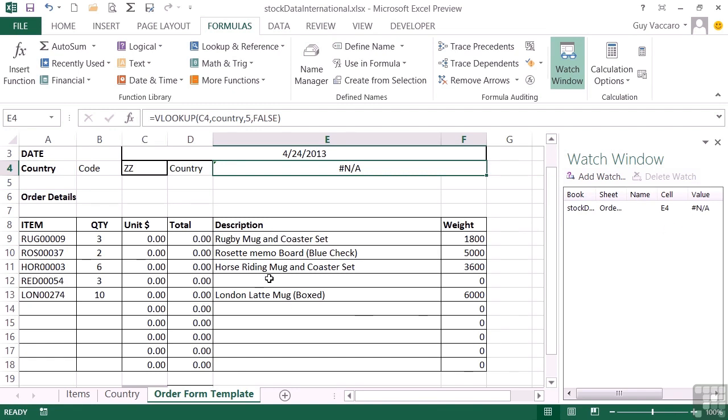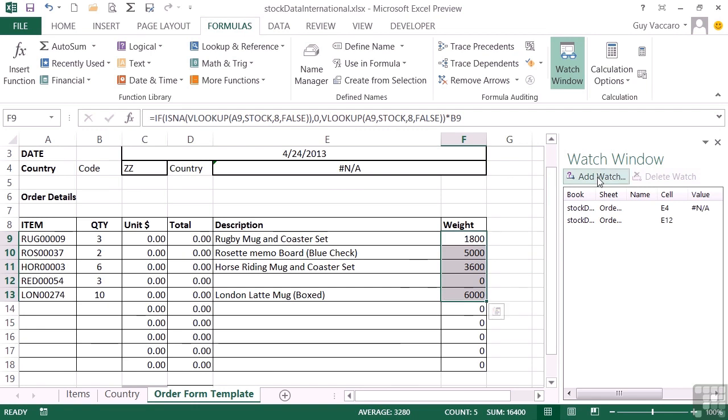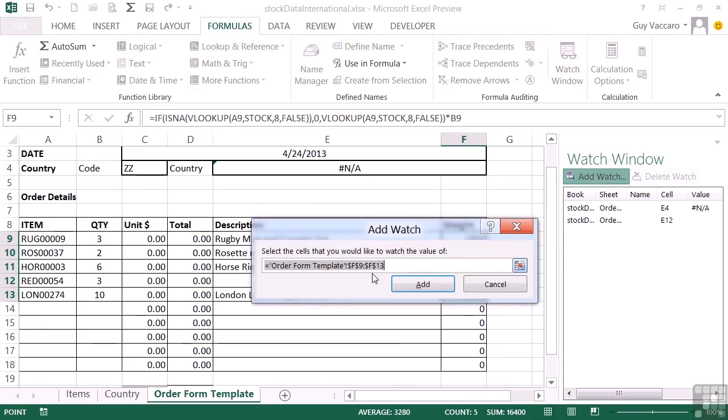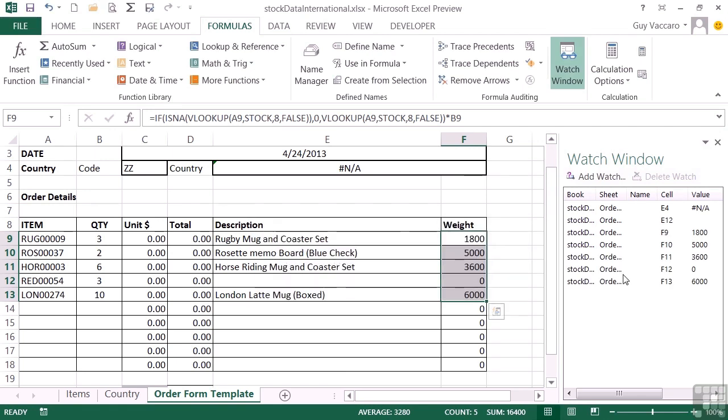Let's do one here on this empty cell. Well, it has a formula. Add watch, that's the cell. E12, current value is empty. And then about all of these weight cells, add watch. So it has the range this time, add, and you can see it adds all 5 cells in as separate